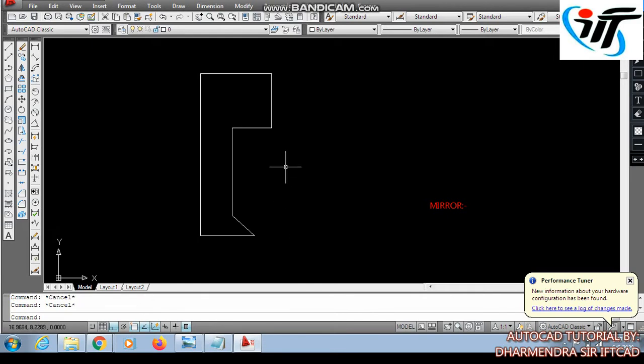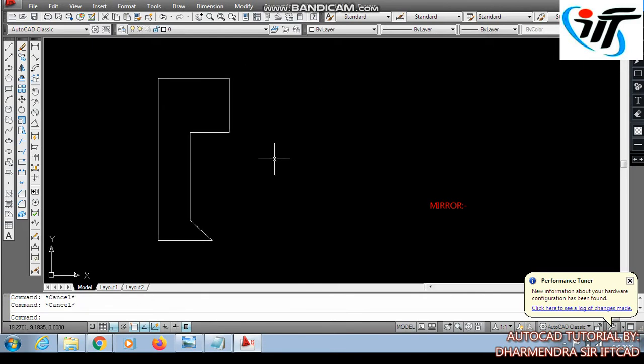If this is an object and we want the mirror image of this object, we will press MI enter. That means mirror, similar and opposite. Mirror means the object will be similar and opposite.